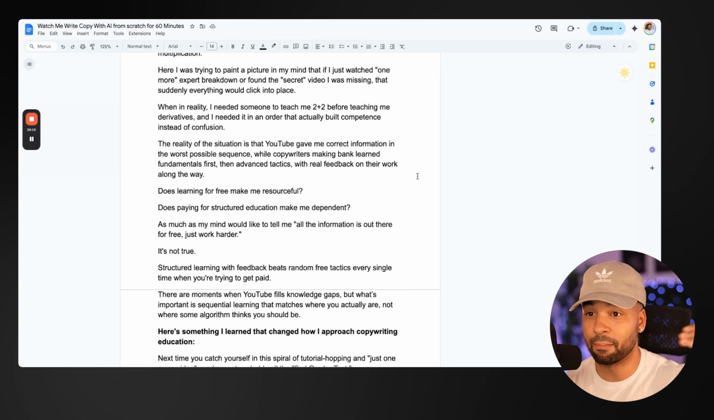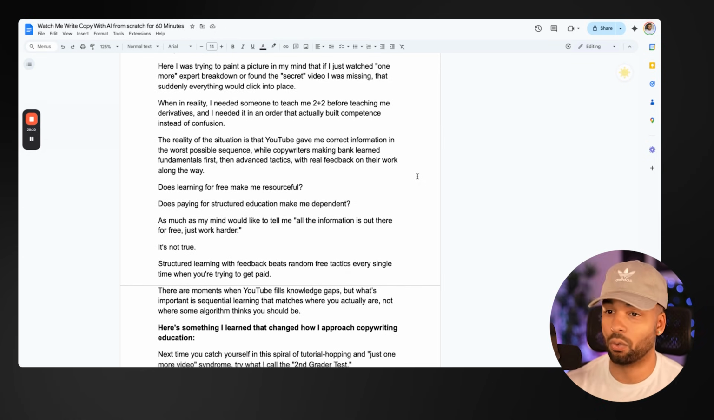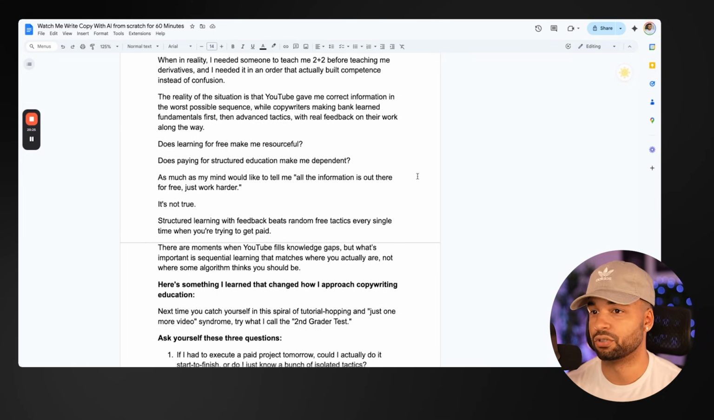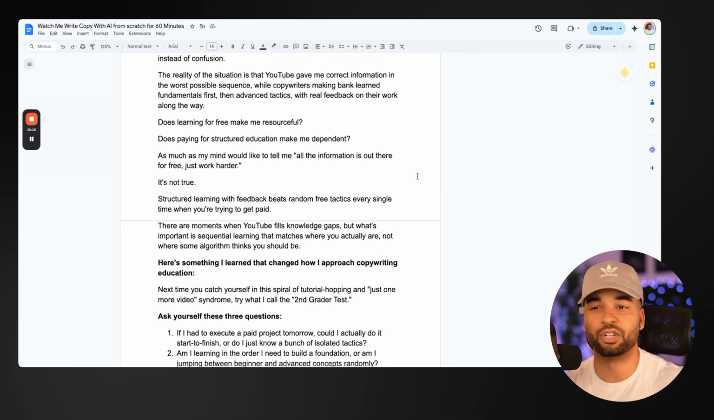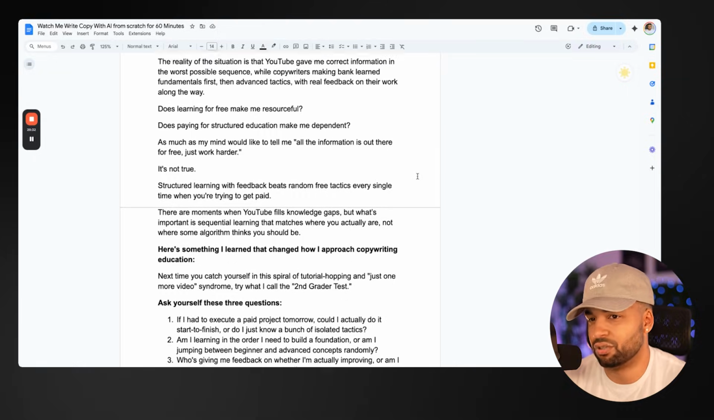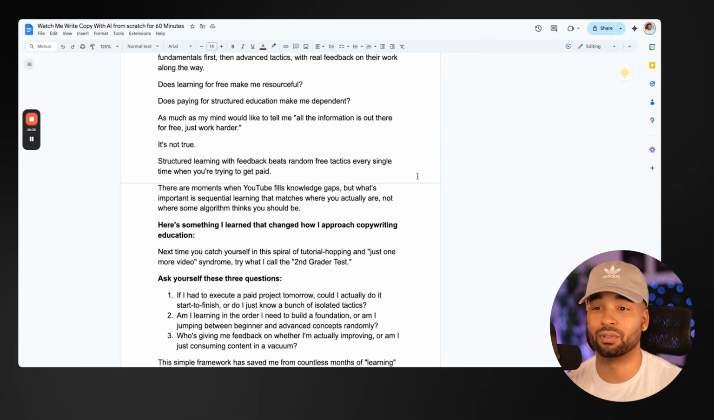while copywriters making bank learned fundamentals first, then advanced tactics, with real feedback on the work along the way. Does learning for free make me resourceful? Does paying for structured education make me dependent? As much as my mind would like to tell me all the information is out there for free, just work harder, that's not true. Structured learning with feedback beats random free tactics every single time when you're trying to get